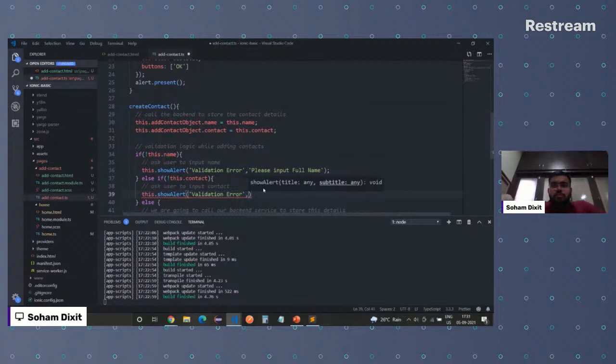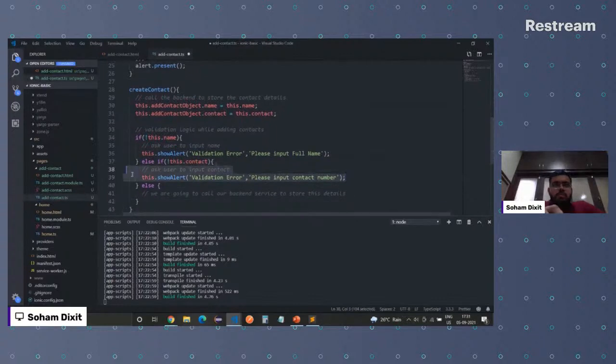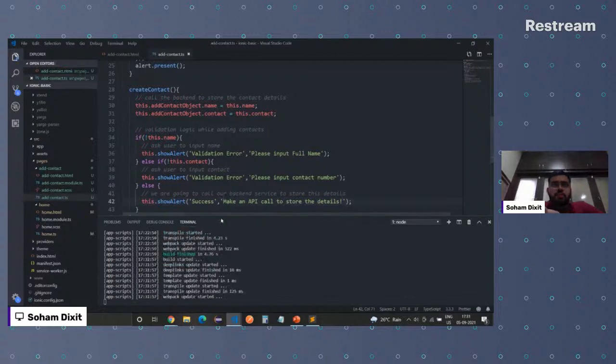So, please input contact number. All right, this should work, and maybe let's also pass an alert: success. This is just for our understanding: make an API call to store the details. Perfect. Let's try out what we have typed.